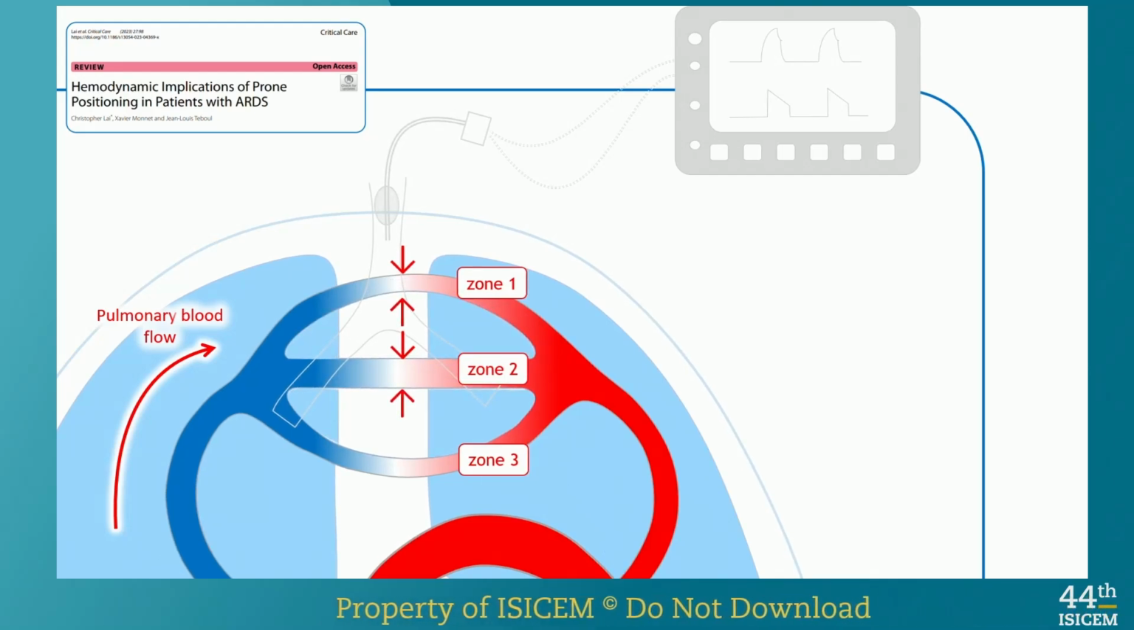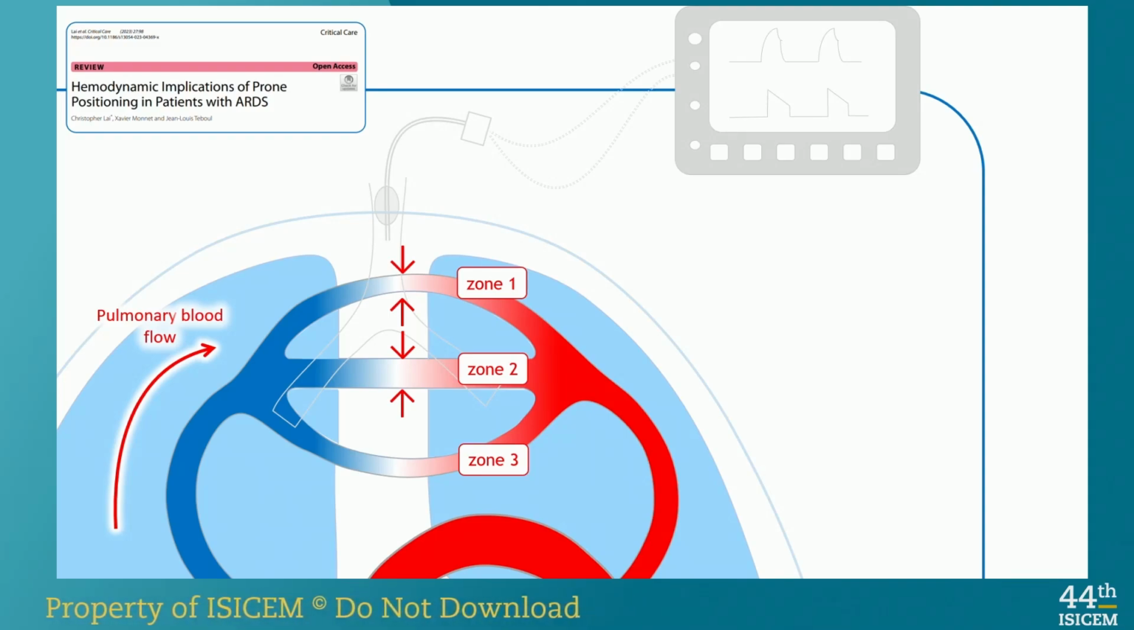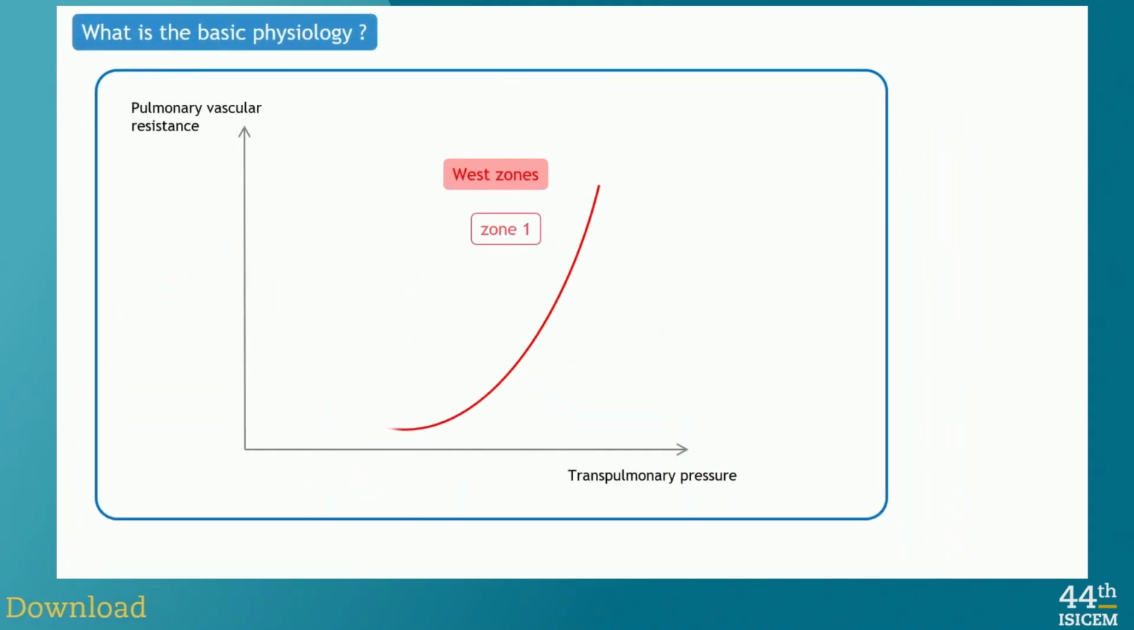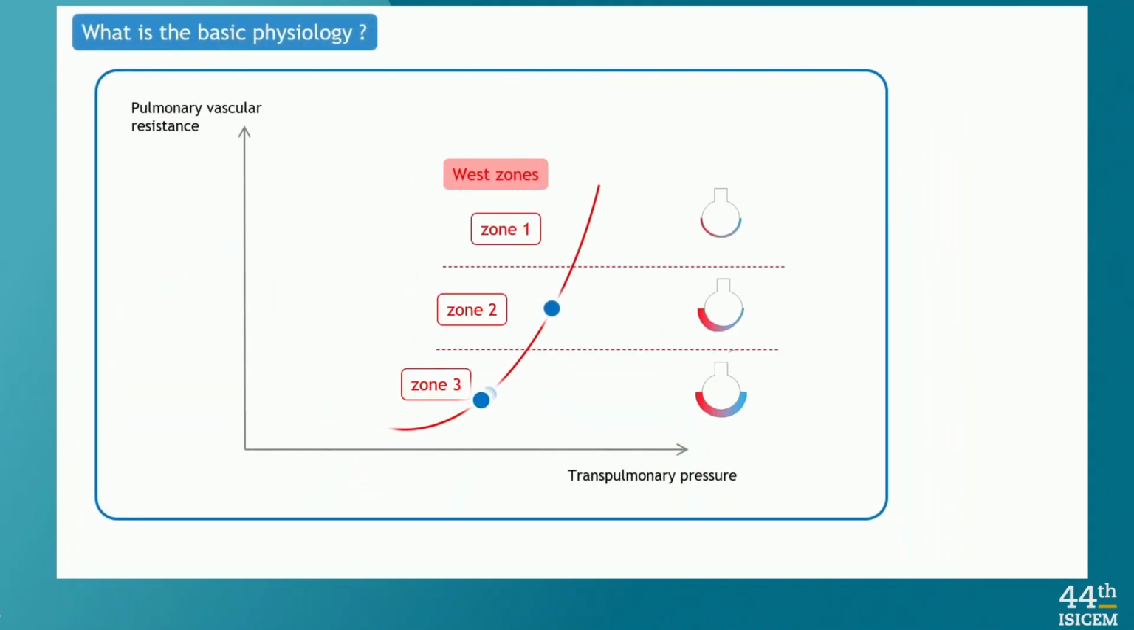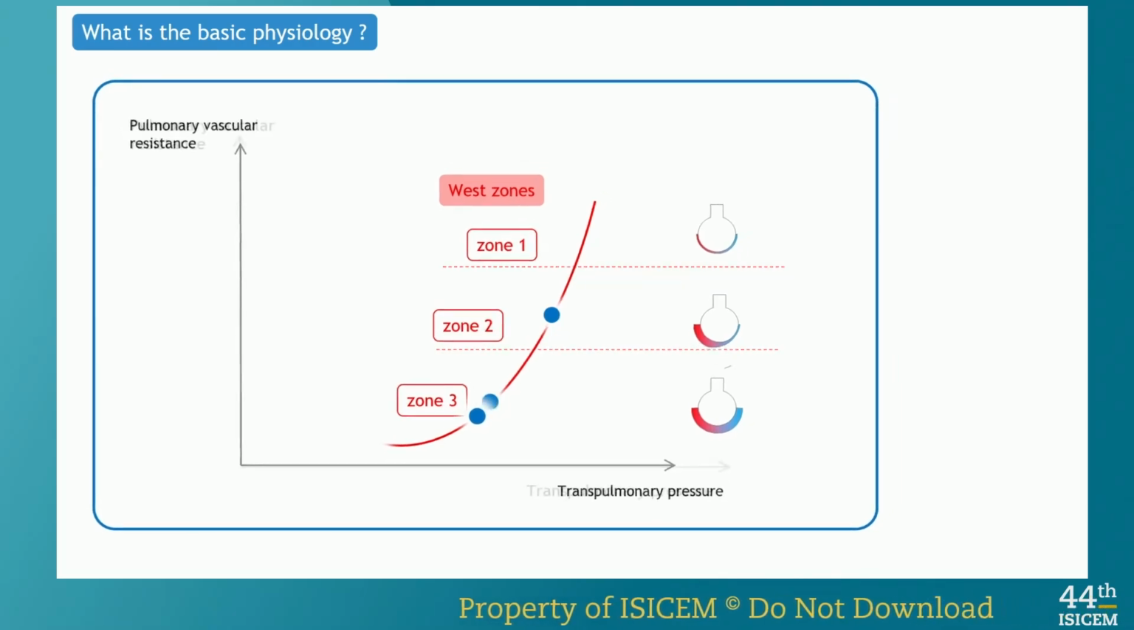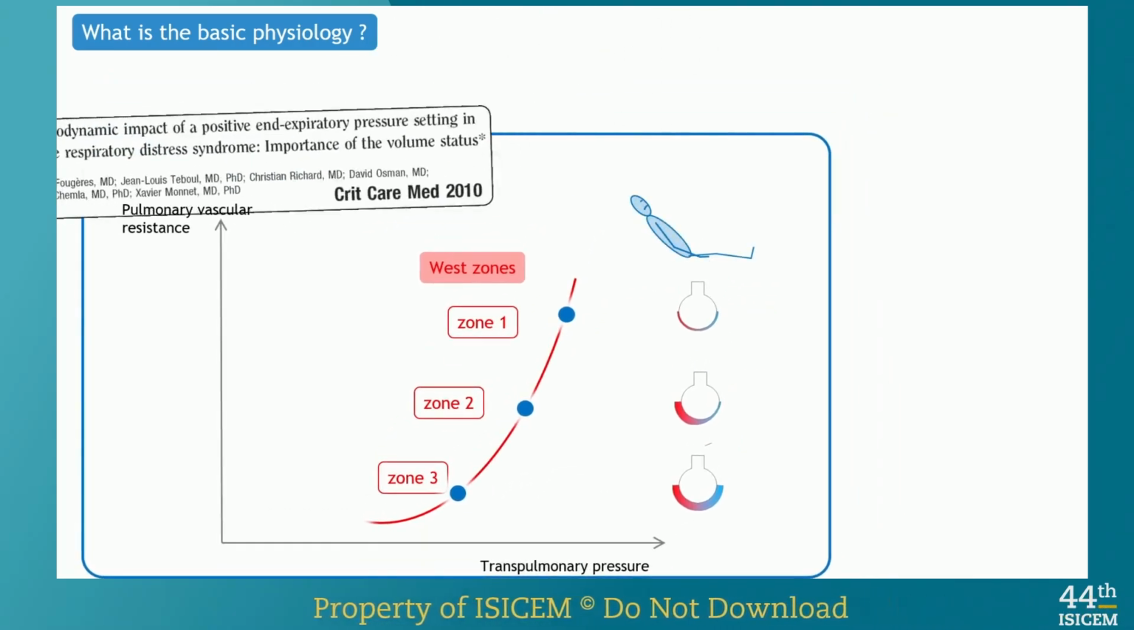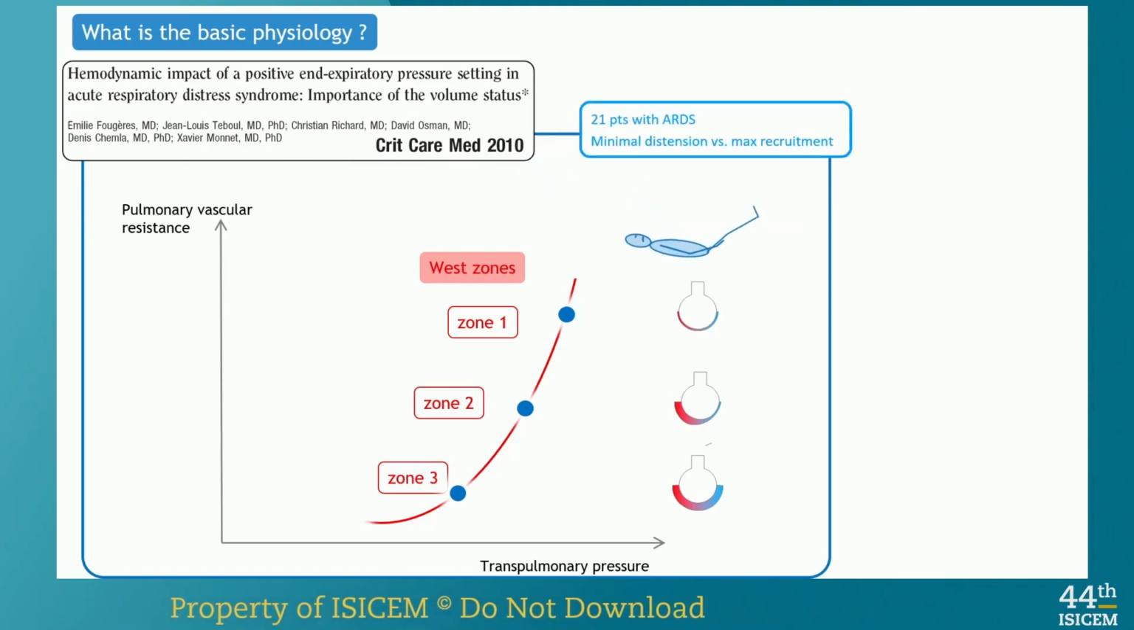This increases the diameter in zone 1, and so this decreases the pulmonary vascular resistance. In other words, on this representation of West zones that you may know, it means that by filling in the pulmonary vessels, you decrease zone 1, you increase the proportion of zones 2 and 3, you decrease pulmonary vascular resistance. This hypothesis comes from another study that we performed years ago, not during prone positioning, but